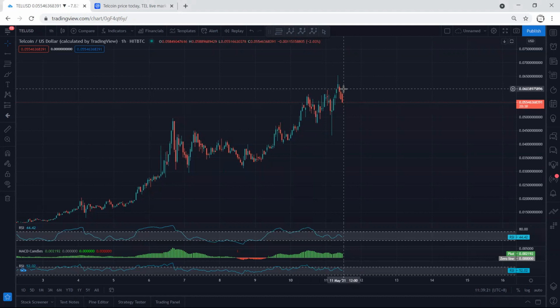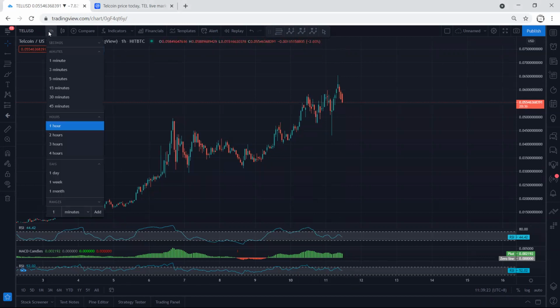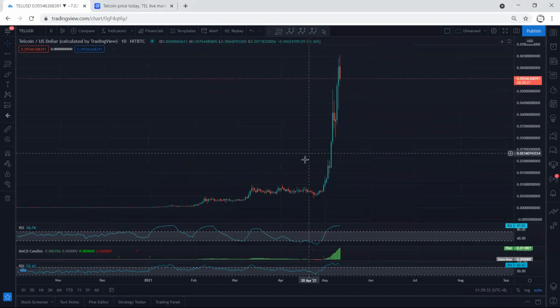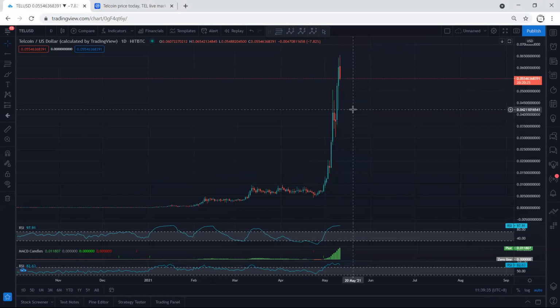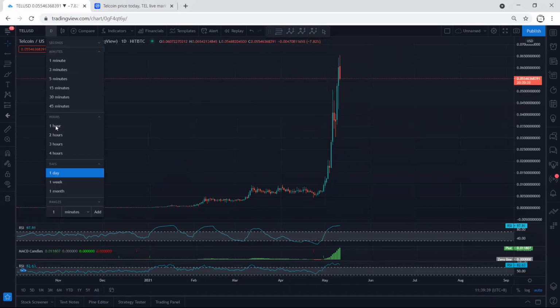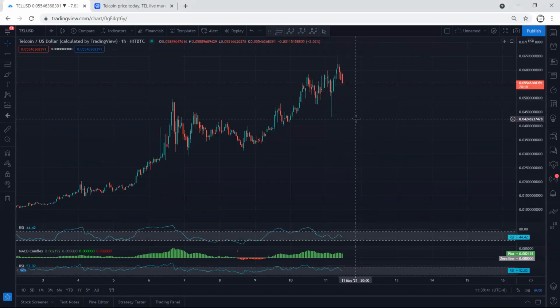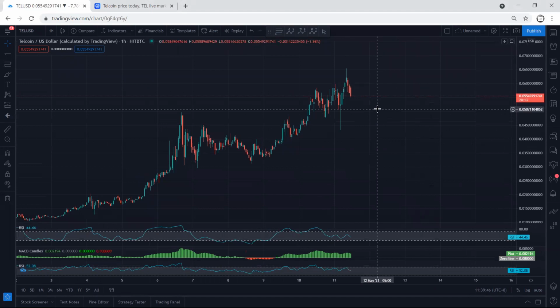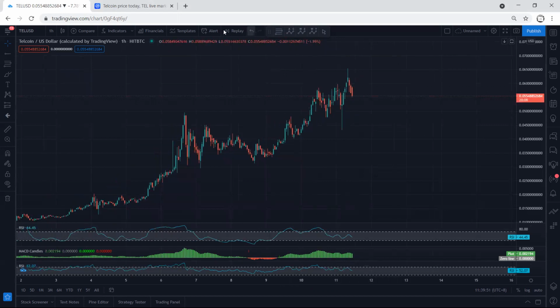We don't jump in, because from my experience, at the end of 2017, 2018, we see a lot of charts with similar movement, but at the end they dump. Okay, I don't want to say this one is going to dump or reverse. The only thing I can say is we need to be careful. My information about this coin is really not much, since I never traded it, and this is the first time I'm looking at the chart. But the only thing I can say is let this one drop some more.